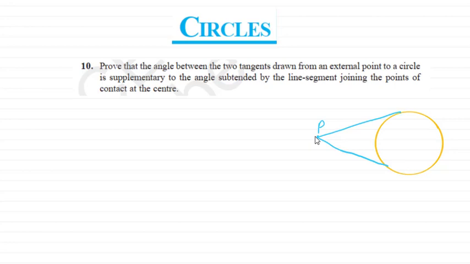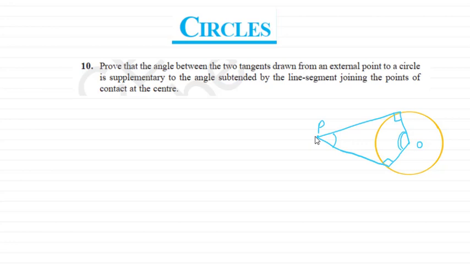So this is the point of contact. Suppose this is the center O. So here this one is the line of contact with the center. Here this is another line of contact with the center. So this angle here it is 90 degrees, as you know that the radius is always perpendicular to the tangent. So here we have to prove that the sum of this angle and this angle is equal to 180 degrees,